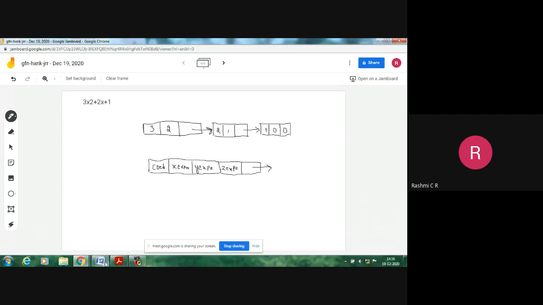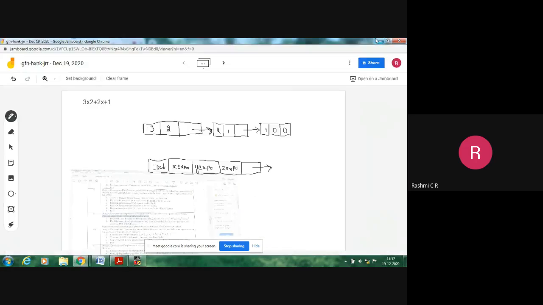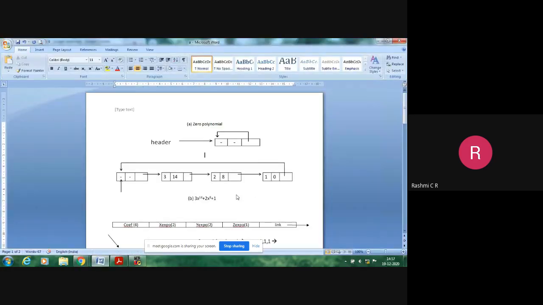According to the question, they have also mentioned that it should be a circular singly linked list, with the header node concept. So we will understand the concept. As of now, when you consider the polynomial, we know that we have an exponential part and the coefficient part, along with the link part.